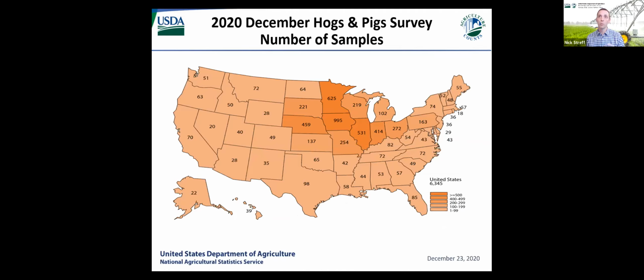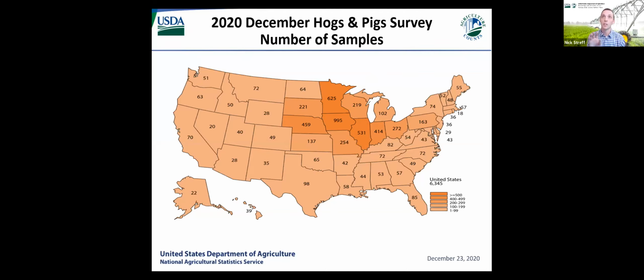So once we've done all that work, this is what the result is. This is the number of samples table from our hog survey back in December. It's number of samples for all the states. And you can see here, there's a wide variation of number of samples, even based on published states. You have Texas down here, that's a published state, or even Oklahoma, only 65 in their total hog sample, versus Iowa, the largest hog state, at almost 1,000. So there are some differences there, but this is how the sampling plays out in those states.